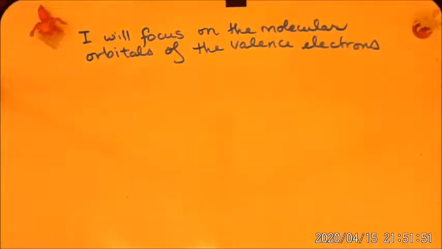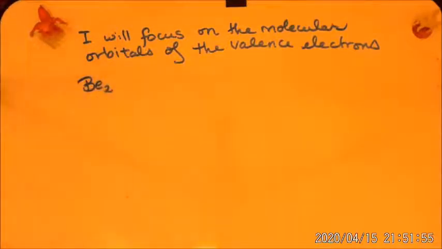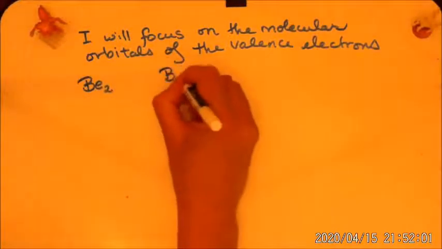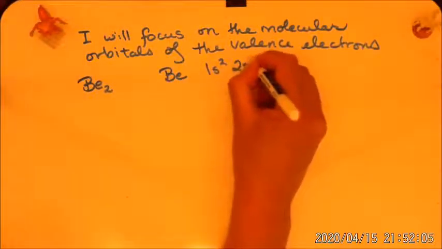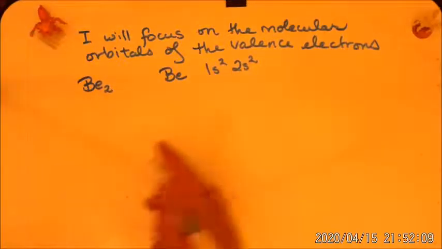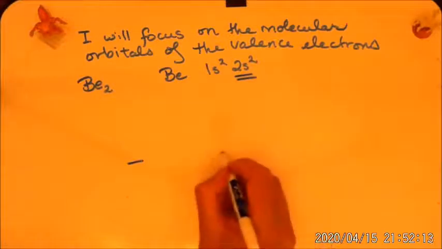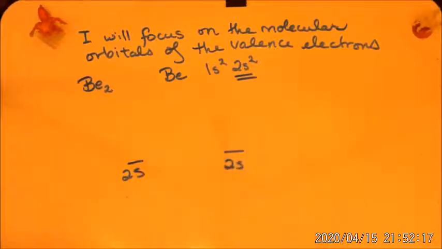All right, so let me show you what I'm talking about. Let's talk about beryllium-2. How can we make it? It's a good question. So beryllium is 1s2, 2s2. Okay? And so when we do the same thing, and we're only going to be focusing on my valence electrons, 2s and 2s, then we're going to see